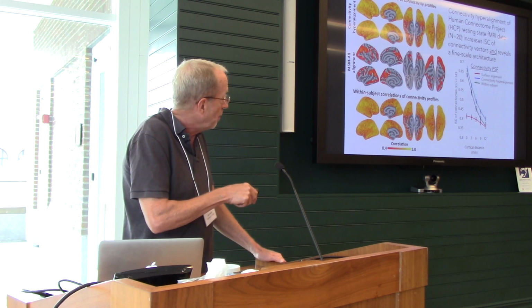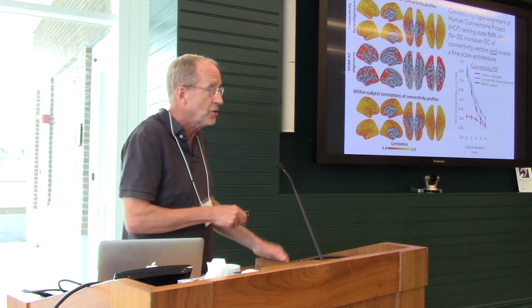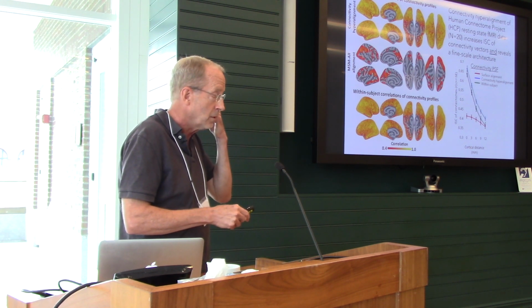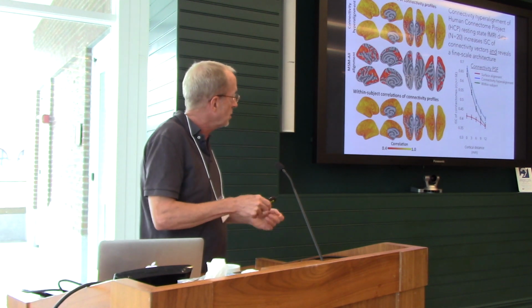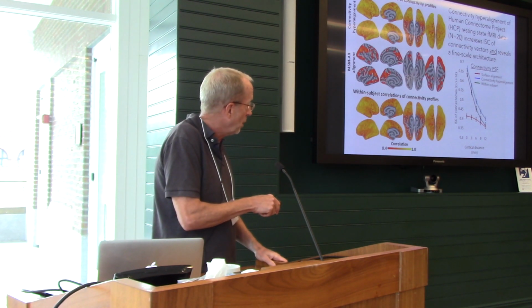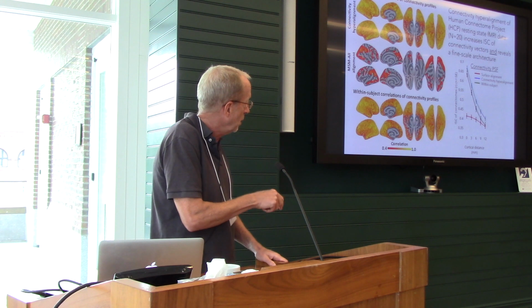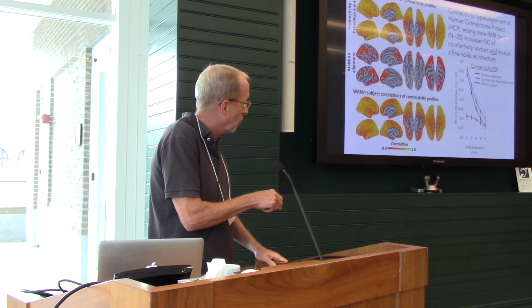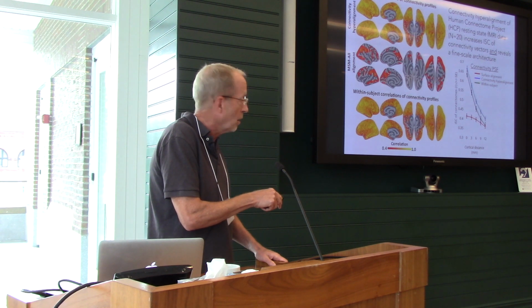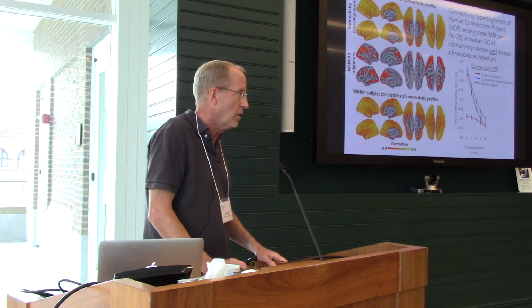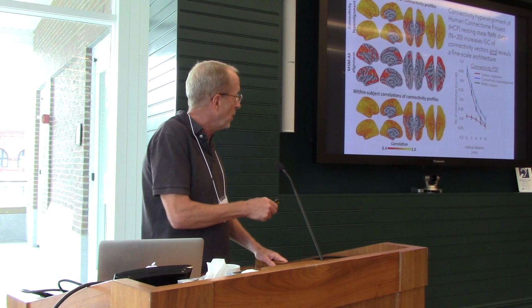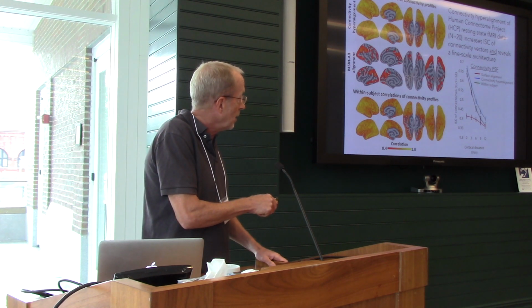So then we did a point spread function analysis of these connectivity profiles. How similar are they across subjects? And we showed that in the anatomically aligned data here, the connectivity profile for a cortical locus is pretty much the same as its neighbors or two steps away. So it's quite a flat point spread function. But after we hyperaligned the data, now the connectivity profile for a cortical locus is much more similar to the same location than it is to its neighbors.